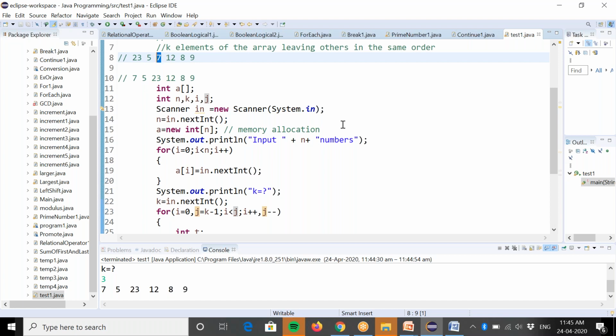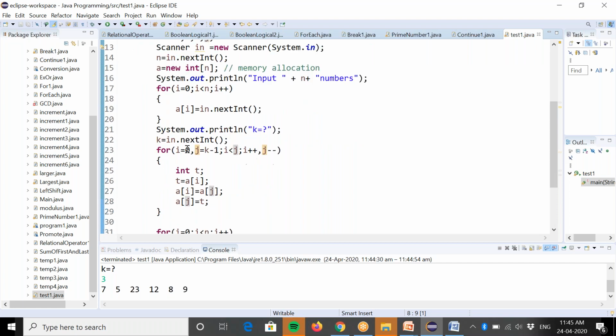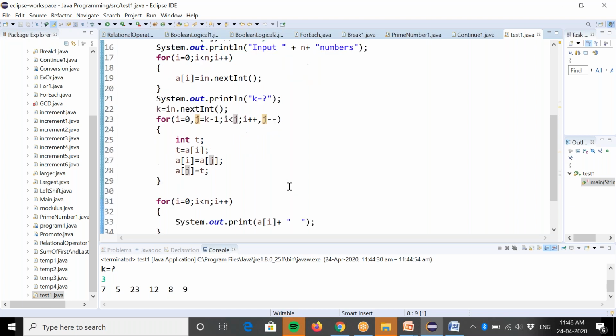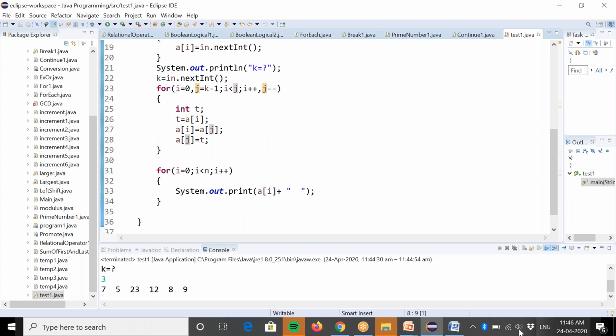So for that I have initialized i to 0 and j to k minus 1, and with every iteration I am incrementing the value of i because I have started from the beginning, and j from the k minus 1th place, so I'm decrementing j. So this basically part is swapping the ith element with the jth element. So this is how we are reversing the first k elements of the array,